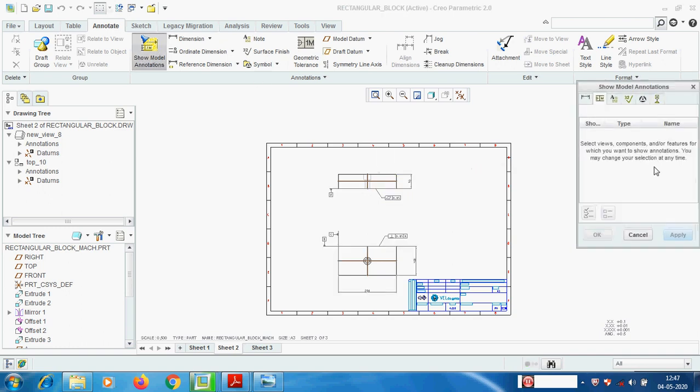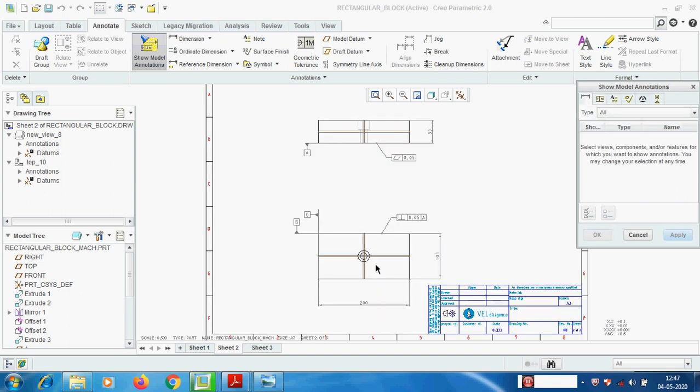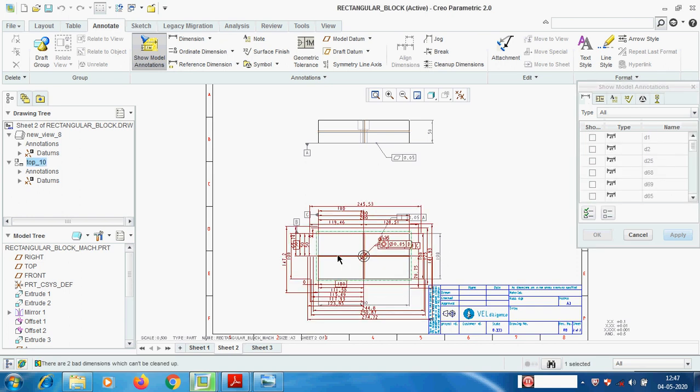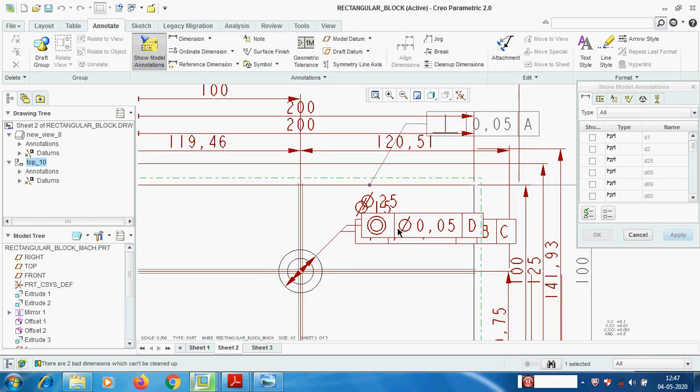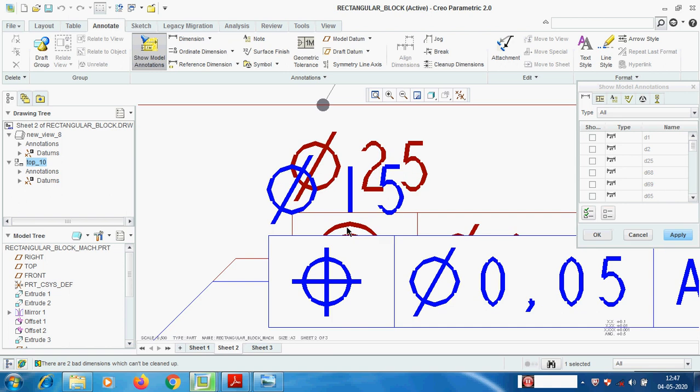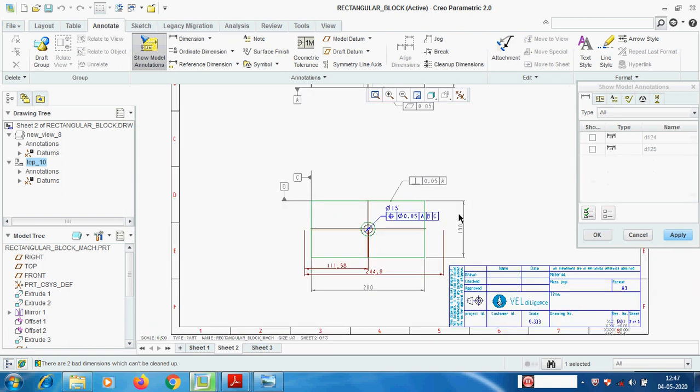Similarly, in the dimension, we can pick the dimensions. The entire thing we can pick. See, on the dimension we have two tolerances, this one and okay.